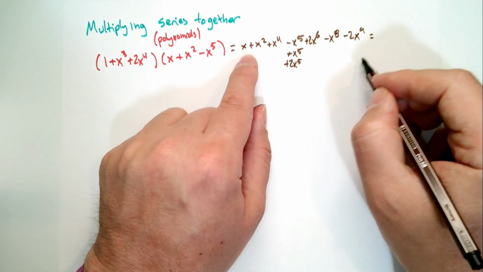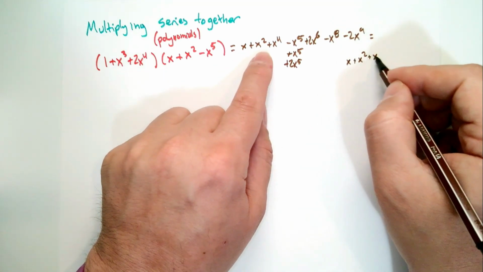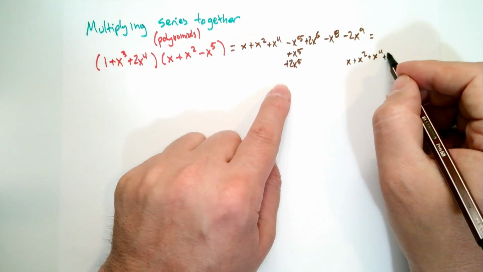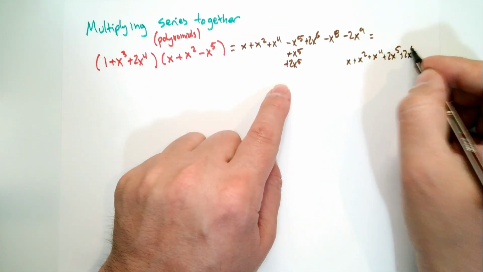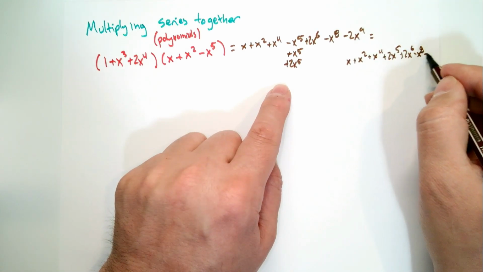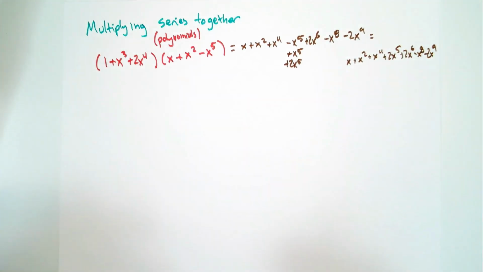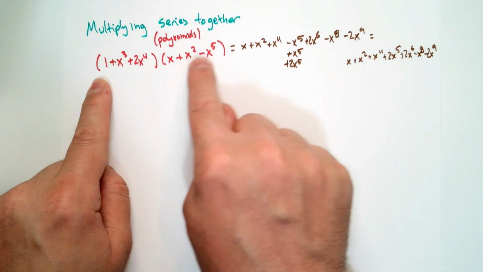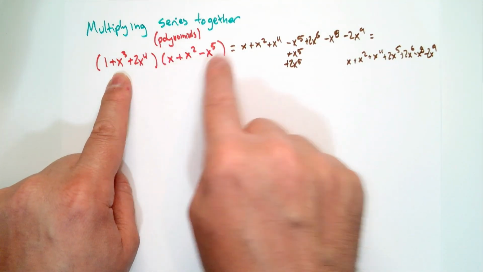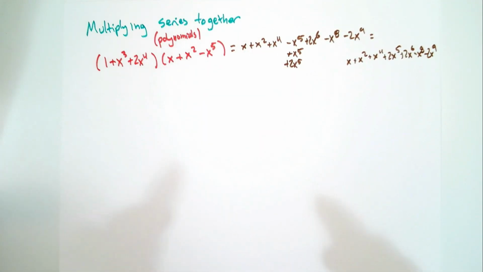So you get x plus x squared plus x to the fourth. Here they combine, plus 2x to the fifth, plus 2x to the sixth, minus x to the eighth, minus 2x to the ninth. Okay, so that's what you do. Now, the thing is that multiplying series together works the same way as multiplying polynomials together, but there's one small change. So you notice here I said 1, go term, term, term, term. Then x cubed, term, term, term, term. Then 2x fourth, term, term, term, term. When we're multiplying series together, what we do is